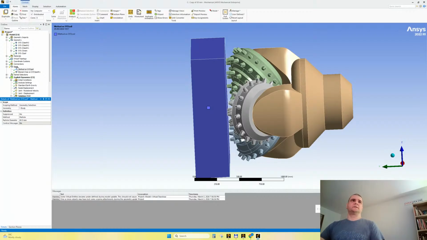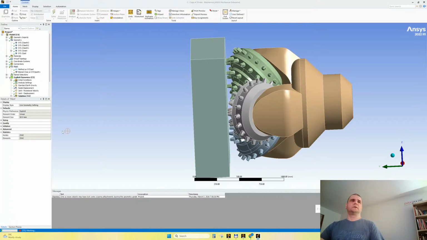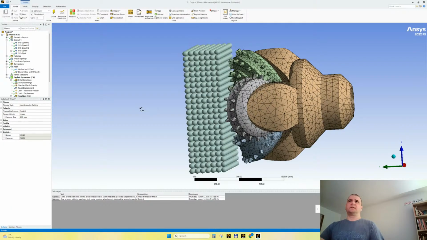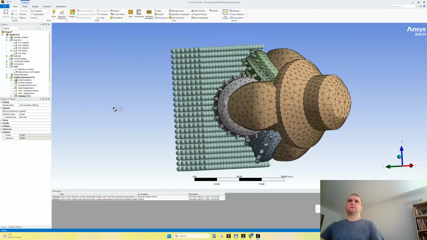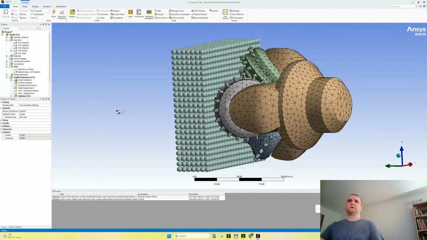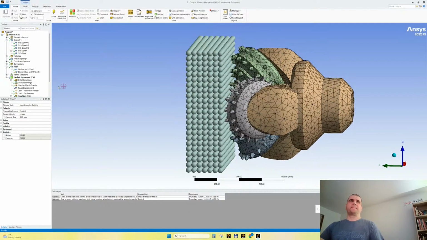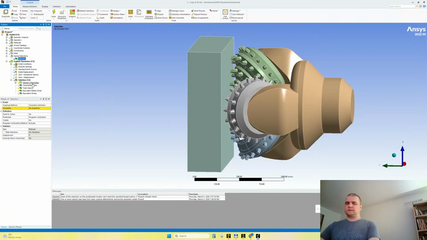If I leave it 60, how many nodes will we have? 10,000. Let's work with this, and let's again apply